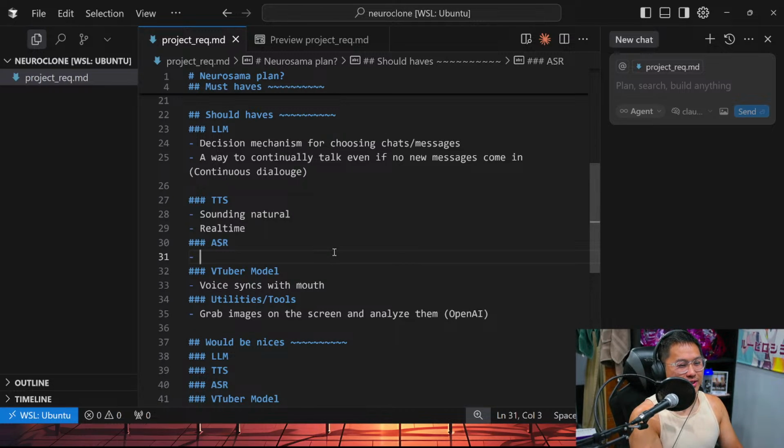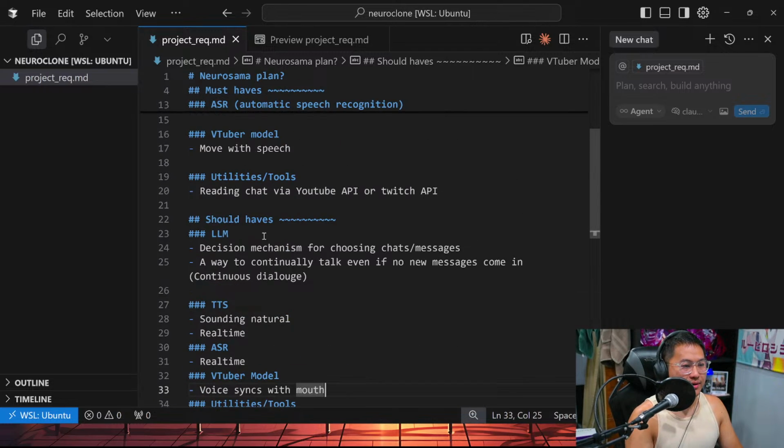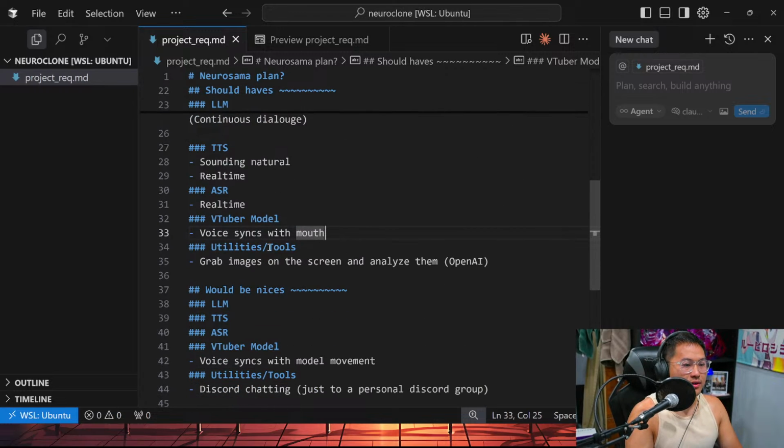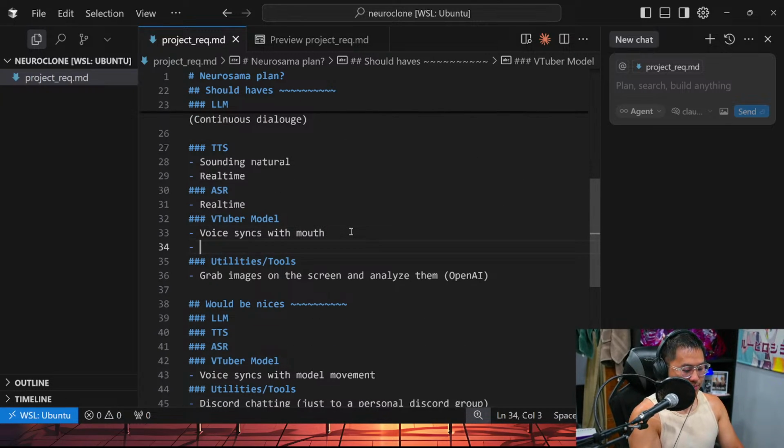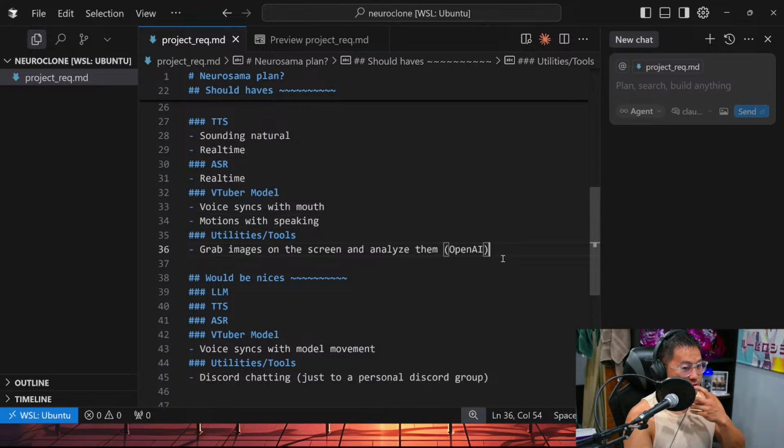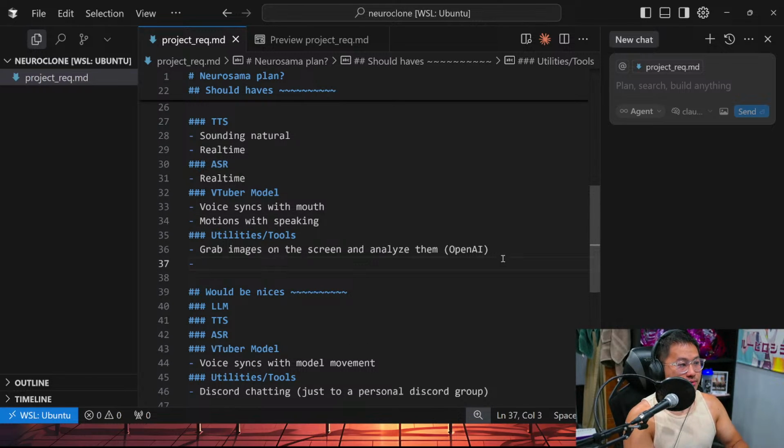I mean, don't really need should-haves too much for ASR. Should be real time. And then voice syncs with mouth. Maybe some motions with speaking. Alright, and then some utilities and tools. What else would we need? Like grabbing images on the screen and being able to analyze them. That is pretty nice.